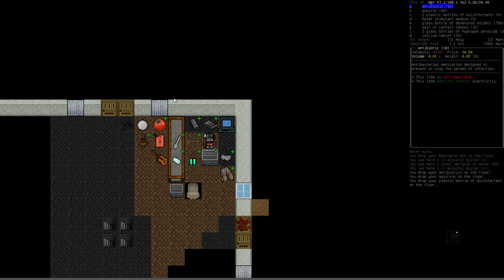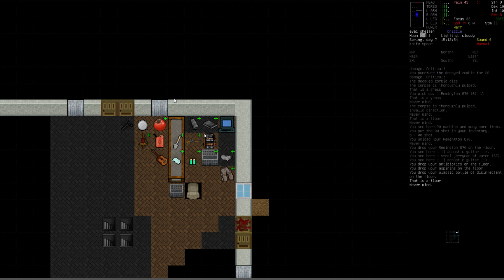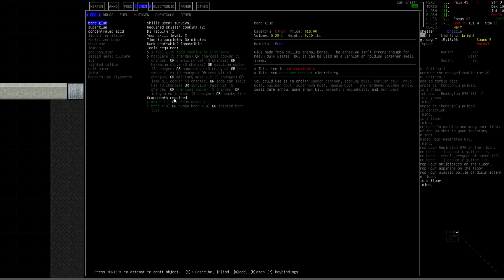And what do we have in our pile now? So antibiotic, aspirin, disinfectant, stim modules, denatured alcohol, contact lenses. Yeah, so no first aid kits or anything of that nature that would help us actually directly heal damaged wound locations. So we're going to be relying on our healing factor during our sleep periods. So if we go into our crafting menu under